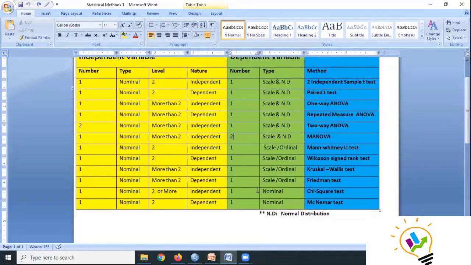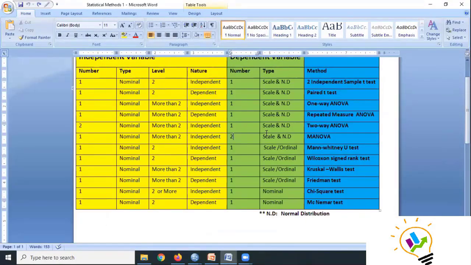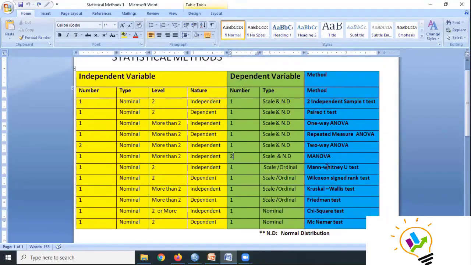Right. Now this is what I want to focus on for you, madam, because whenever you're using paired t-test in parametric, we will be using Wilcoxon signed rank test in non-parametric. Paired t-test is used when the data is scale and dependent. But Wilcoxon signed rank test is used when the dependent variable is scale or ordinal, but not nominal.